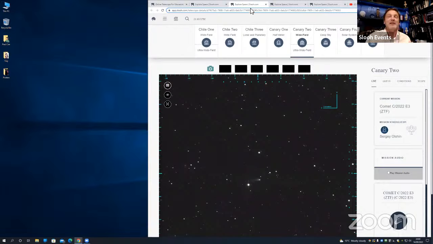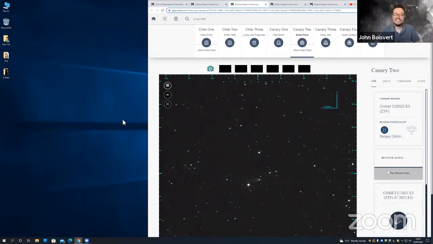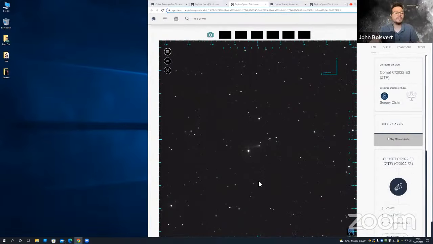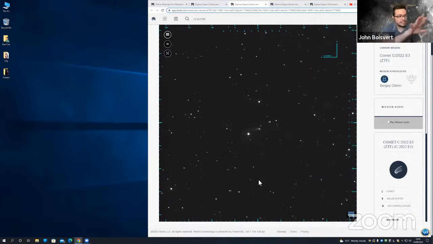We're looking at the Canary 2 telescope. It's very windy up on the volcano tonight, but what are we looking at here? Because some people might not recognize what we're looking at. Yes, thank you so much, Paul, and hello, everybody. Welcome to the webinar. Yes, what we've got right here is a comet. This is an icy body that's actually in the solar system right now, and it's moving with respect to these background stars and getting captured right in the Canary 2 Wide Field Telescope.